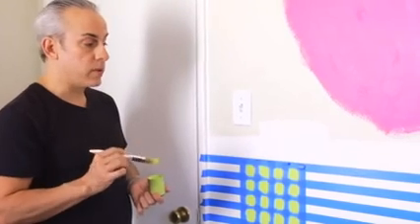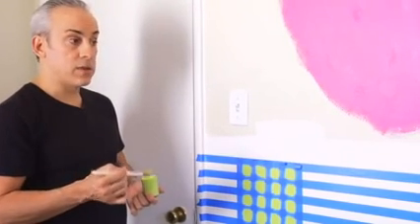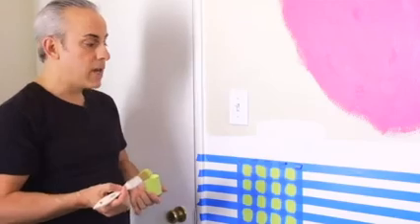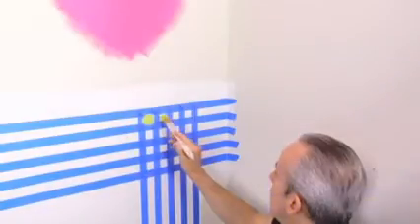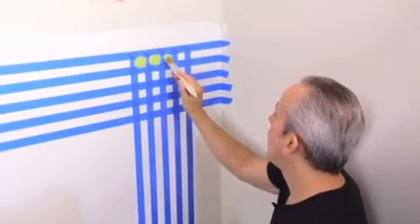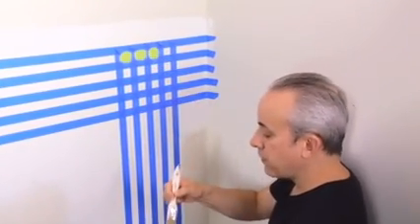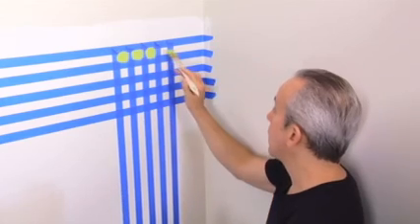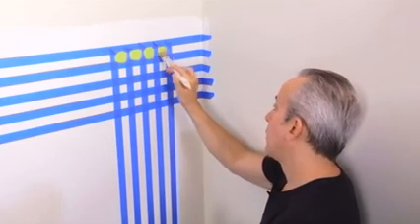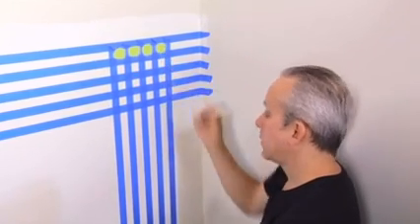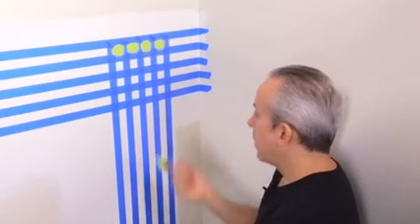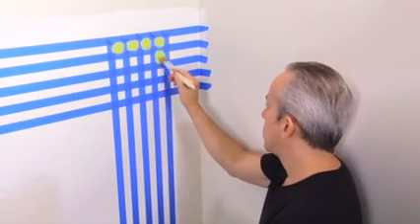Do you want it restful or do you want it energizing? If everything is monochromatic, it's going to be very restful. If you have contrasting tones, contrasting colors on the color wheel, it's going to have more energy and create a little bit more dynamic feeling in the room. If you want harmony, you want a calming feeling, choose 3 variations of colors side by side on the color wheel. A red brown, a red, and an orange red. They're all going to be close to each other on the color wheel, so they create a sense of harmony